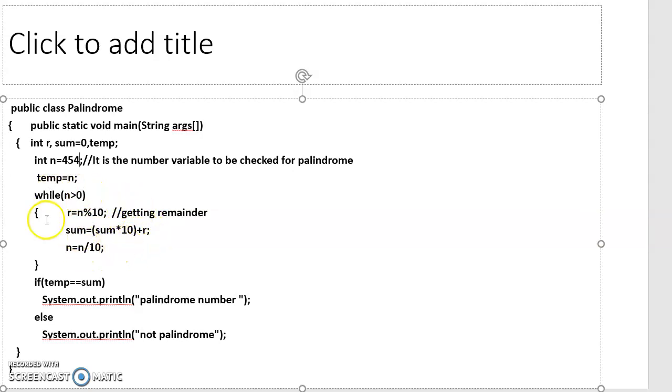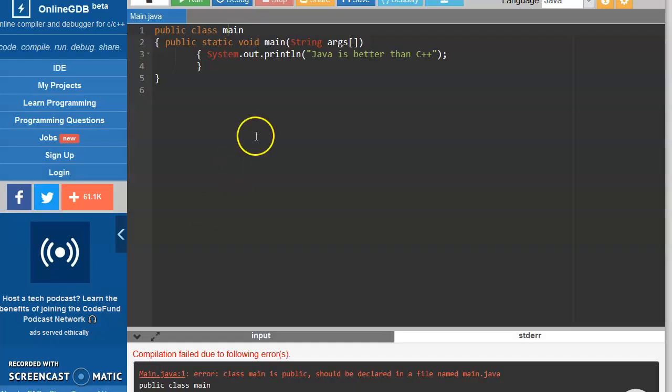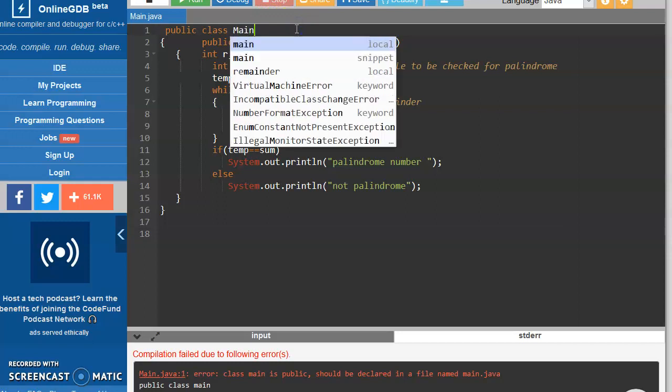Now eventually once you come out of this loop, the temp and the sum will be verified if they are equal or not. If it is equal, you'll be displaying it with System.out.println as palindrome number. Otherwise it will be displayed as not palindrome. We'll try running this program in this compiler, the GDB compiler. Again, if we have to run this program, this has to be declared as main, and when we try running it,